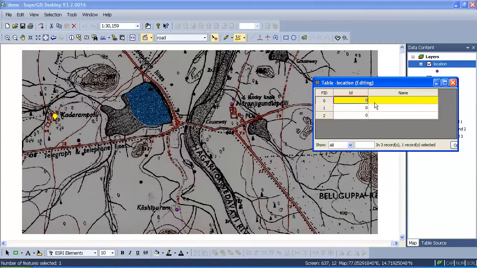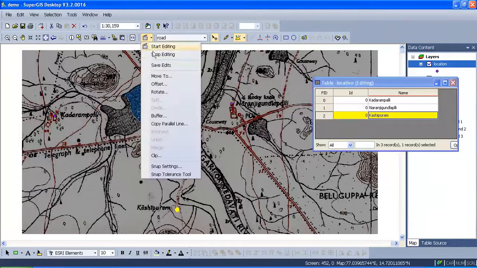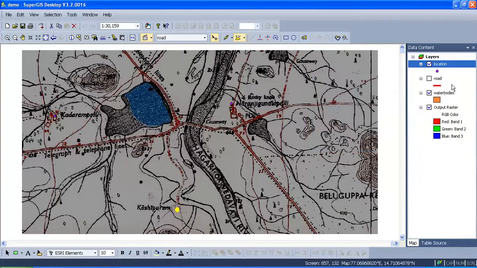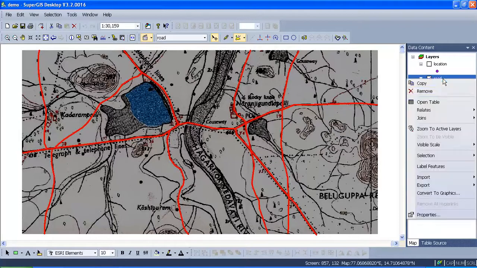So for the first one, I have to type the name. Likewise you have to give it for the other two also. You can see I have given the name for all the 3 point data or 3 location data. Now I have to save this, close this.